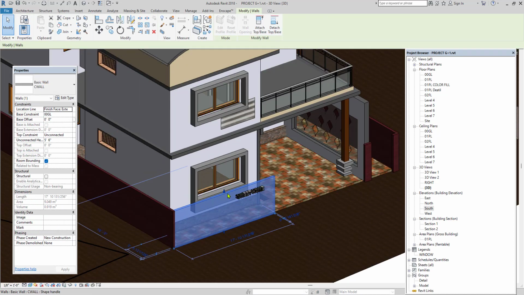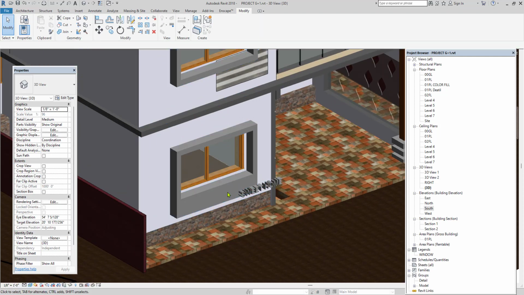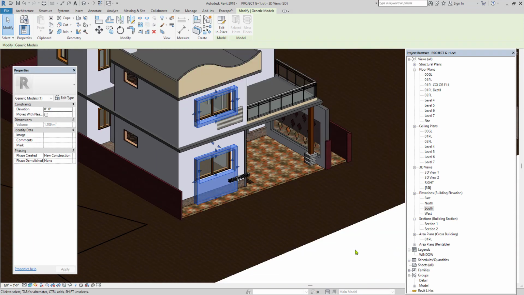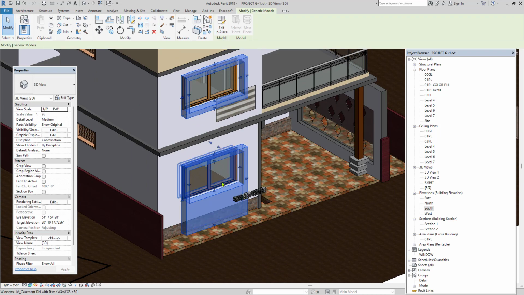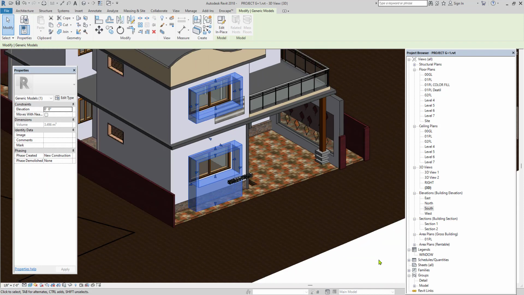For that, click on this wall, right click, hide in view. If you want to hide by category, you can go, or else if you want to hide only that selected wall, then simply say element option. Even you can decorate with a different design like this and change the projection of the window. As I created at a time, that's why we are getting the arrows, and we can operate this step at a time also. In order to apply the material for this, I can't give the material.